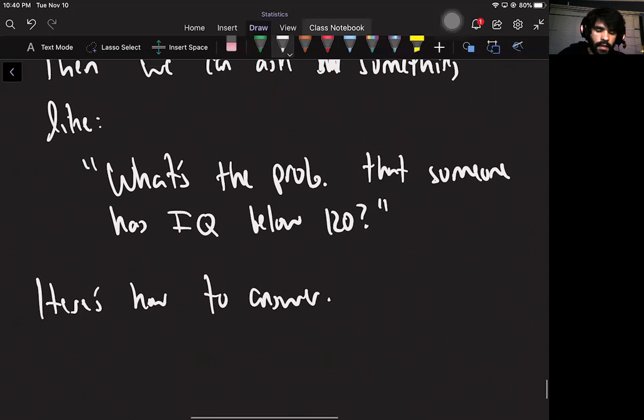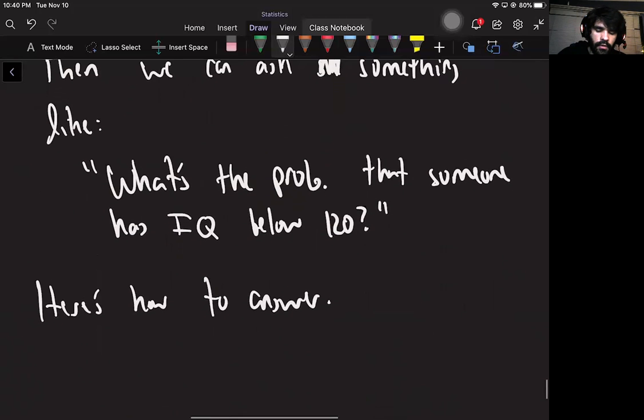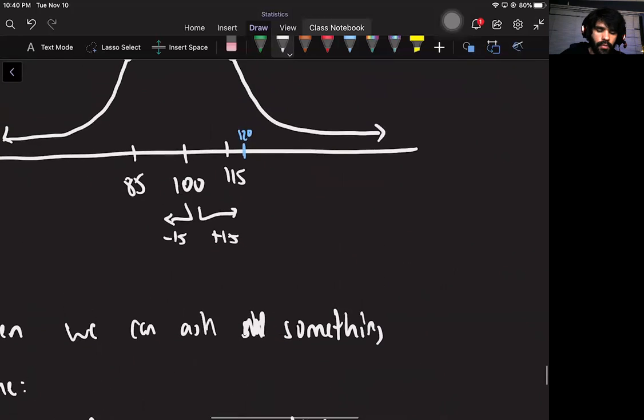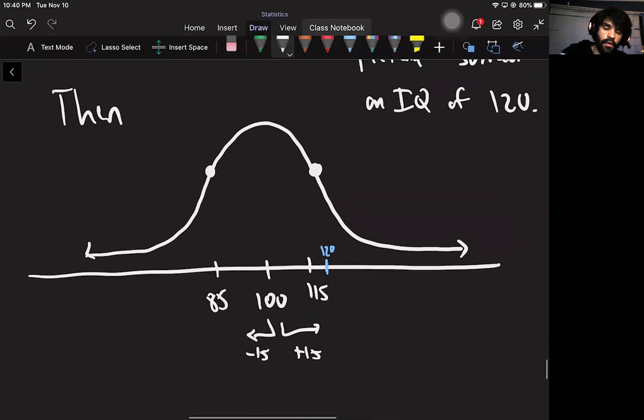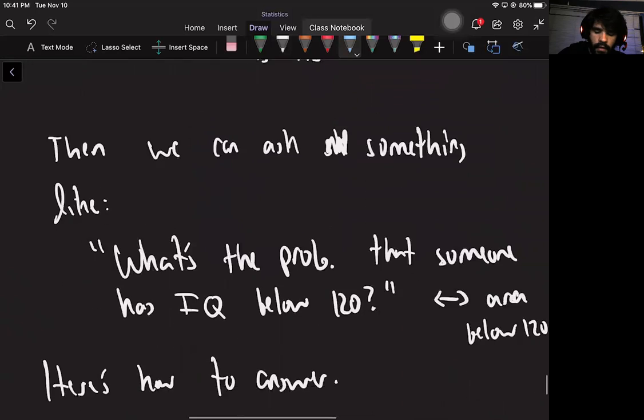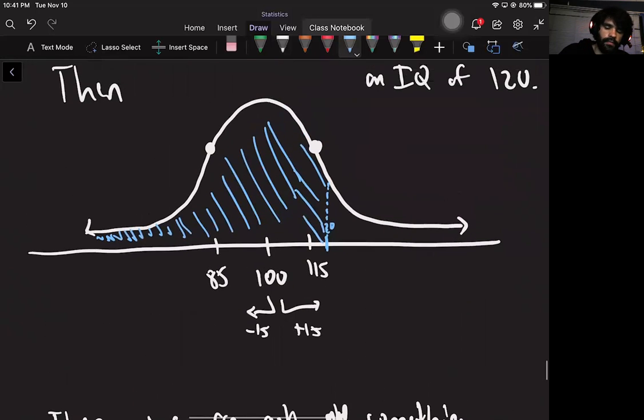So the idea is that the probability that someone has IQ below 120, that's just asking for the area below 120, because we know probability and area are the same. So what I'm really doing is figuring out this area all the way down forever to the left. It goes on forever, shrinking forever. So that's what I'm looking for, really,